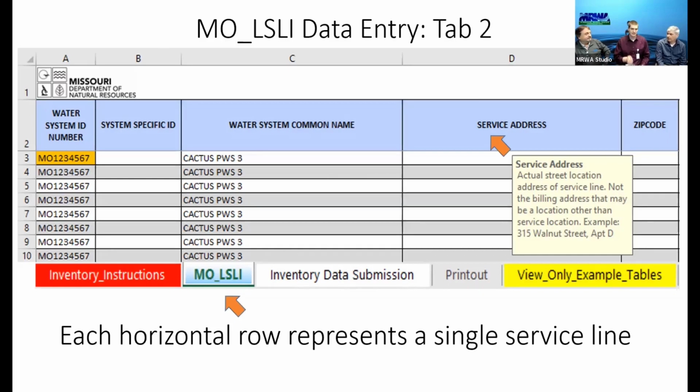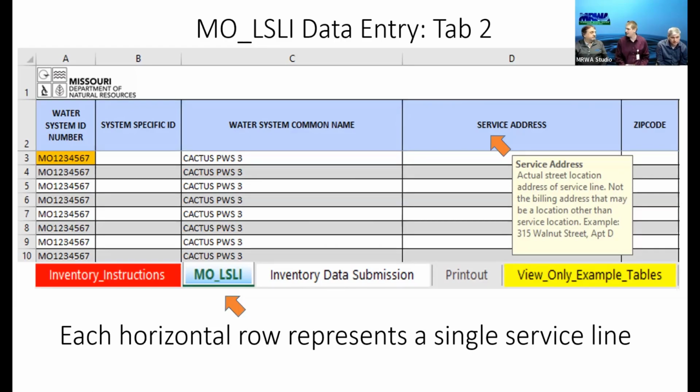Couple of questions, I believe. Can we enter an address for the system-specific ID, or do we have to create a numbering system? We don't recommend using the addresses. The address is going to be there in column D. On ours, it has to be the specific address, but the ID they provide to their public doesn't have to be that specific address. They can use anything else. For the state-submitted one, we need to know what location, what address or location that's tied to.